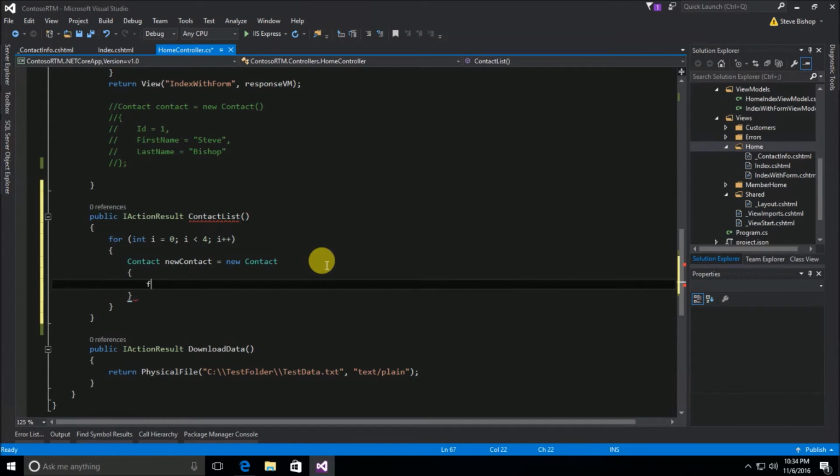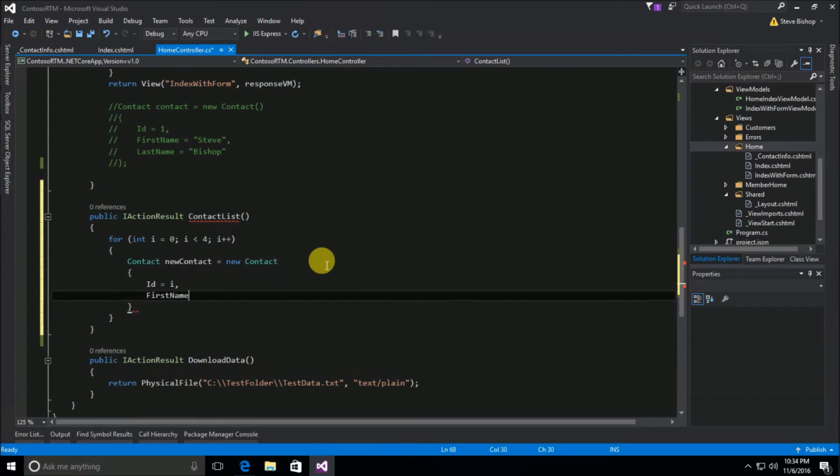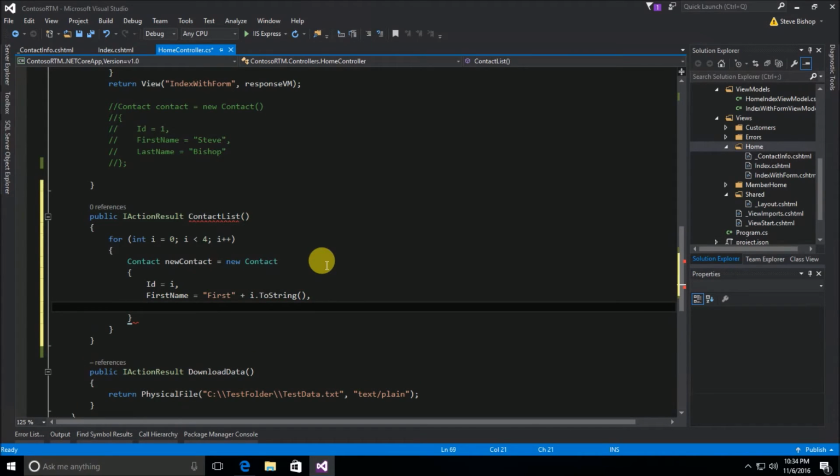And let's set the ID property first equal to I. Then we're going to set the first name equal to first, and we'll concatenate I to string. And then last name, we'll do last